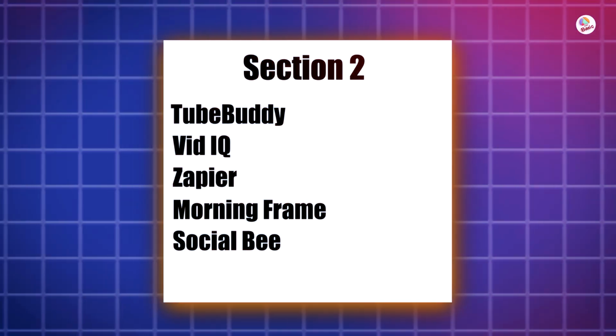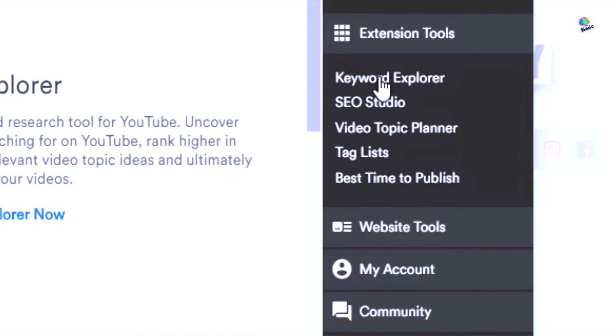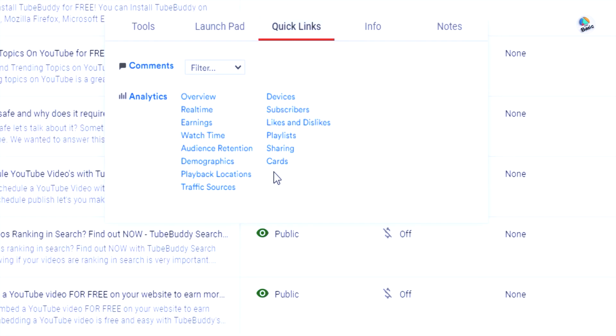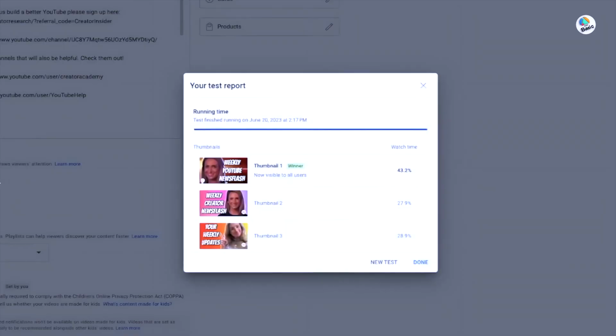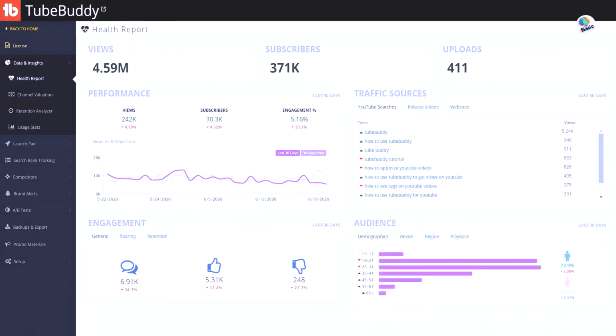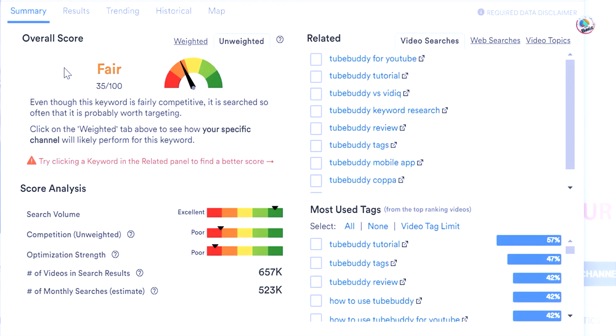Section 2. Tools you'll need to get started. You'll need some tools. Here are a few popular options: TubeBuddy. Features: keyword research and tag suggestions, bulk processing, annotations, cards and end screen scheduling, uploads and video updates, A/B testing for thumbnails and titles. Benefits: TubeBuddy integrates directly with YouTube, providing easy access to a wide range of tools that streamline video SEO and